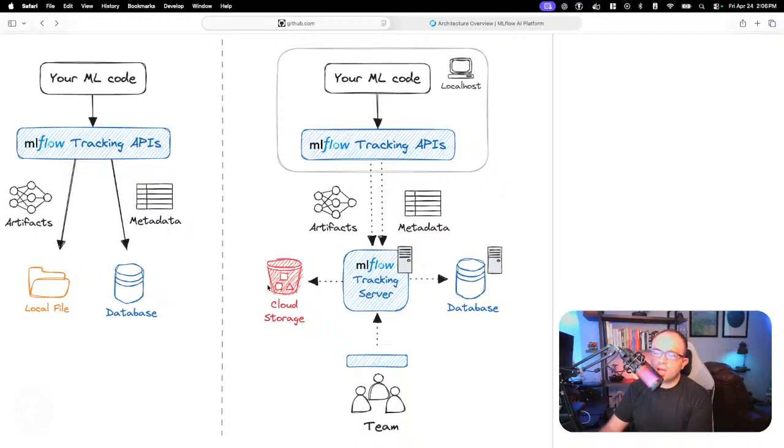So anytime we train a model and we need to store some larger files, such as the serialized trained model, whether that be a pickle file or a .pth file or something like that, then it goes into the cloud storage. I'm sorry, the artifact store, because it doesn't necessarily have to be cloud storage.